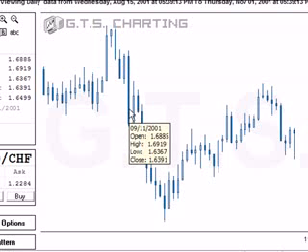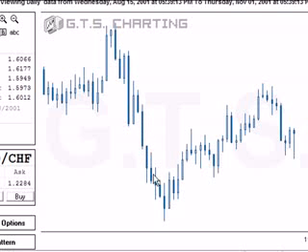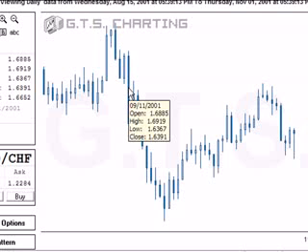Tremendous price movement, but did it stop that day? No, it did not. It kept moving on down. This was an extremely fast devaluation of the US dollar, and I'll